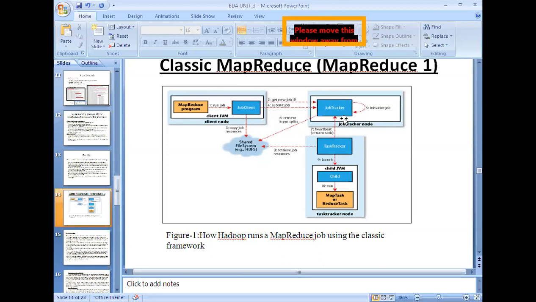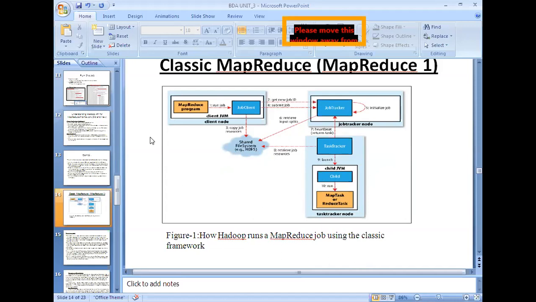The name node in turn redirects it to the job tracker. The job tracker takes care of splitting the data, which is assigned to data nodes. We represent these things separately only for better understanding. The task tracker will execute the task on the split for which it was allocated, and finally it produces the output.